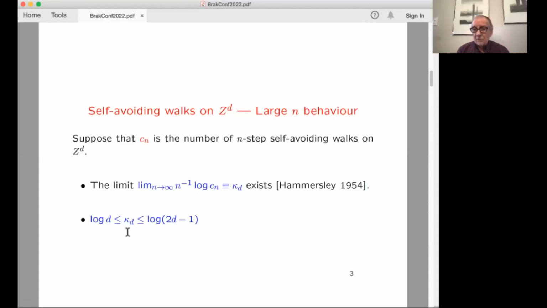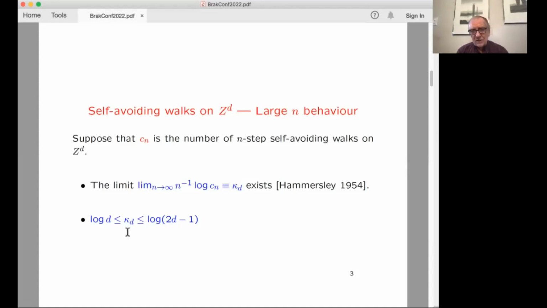So Hammersley proved that by using subadditive functions. And I think he was probably the first person to use subadditive functions to prove the existence of these thermodynamic limits. And they've been used all over statistical mechanics since then. It was a very, very nice paper with a very beautiful idea in it. The idea dates back to a Hungarian mathematician called Fekete, who initially proved this, and it's often called Fekete's lemma.